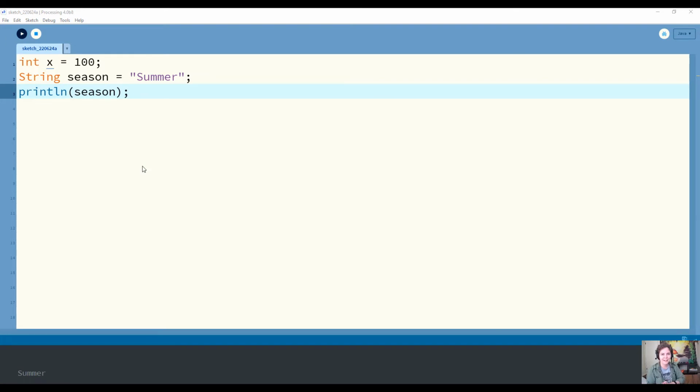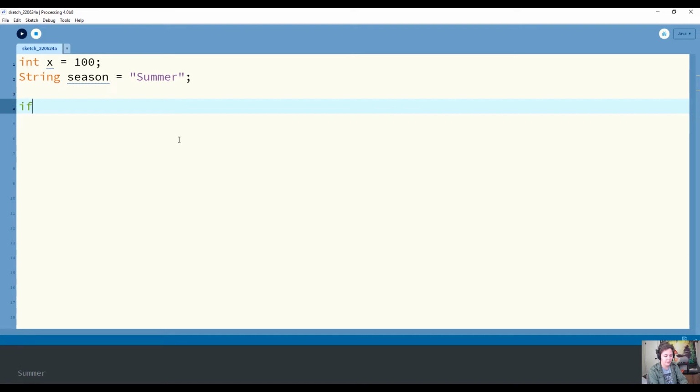Next, let's try using a conditional statement. This is very common in programming to do some logic on the things that you are working with. So a conditional statement typically is an if statement or an if-else statement. So I'm going to get rid of this print line, and I'm going to write